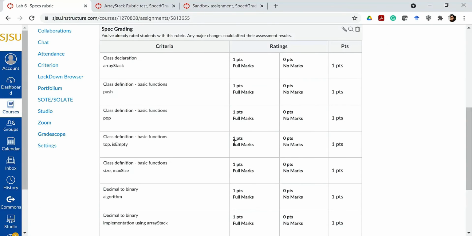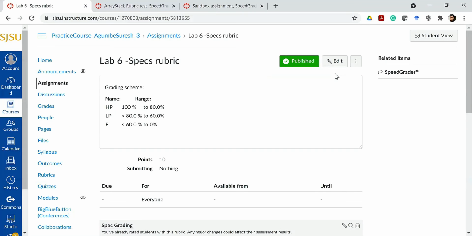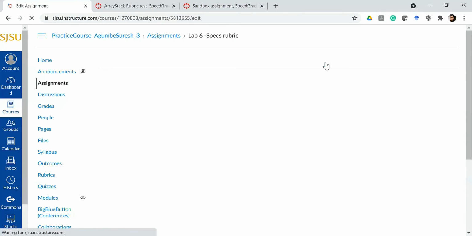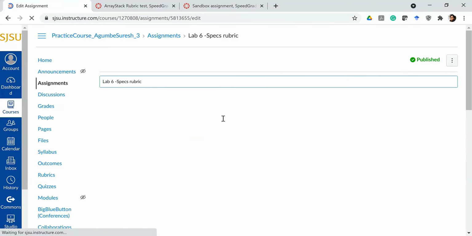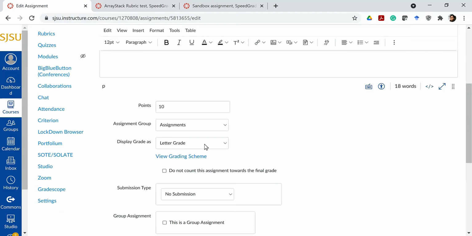And setting up the rubric is exactly like what we do with a traditional rubric, except that every element is just 1 point. And one additional thing I do want to show is if you want letter grades to appear on your assignments rather than the number, like I had previously, I'd already moved one step forward. So the way we can set that up is choosing the letter grade here.